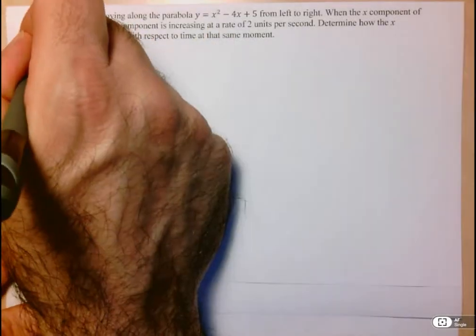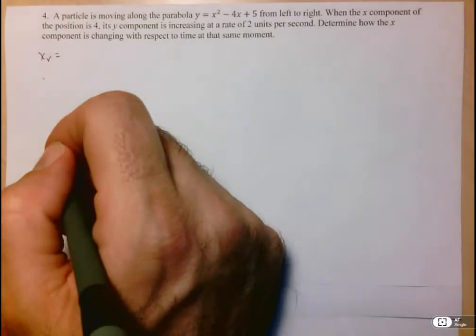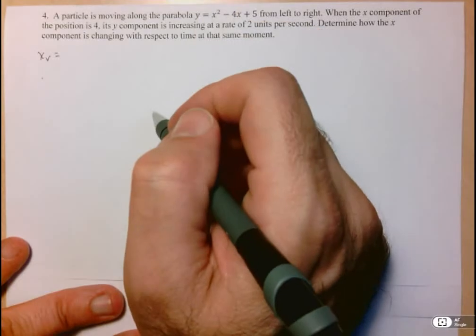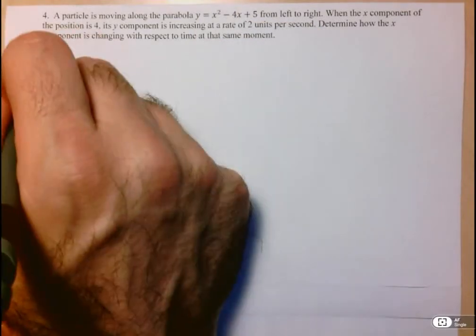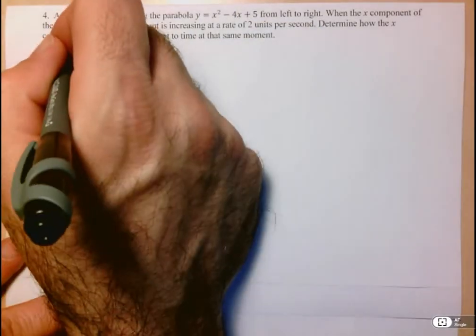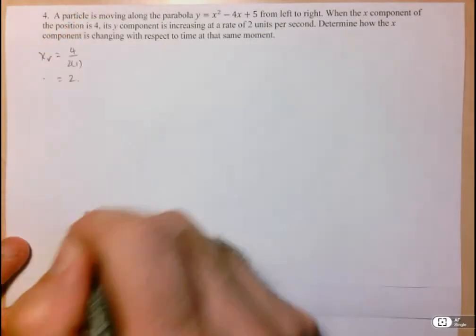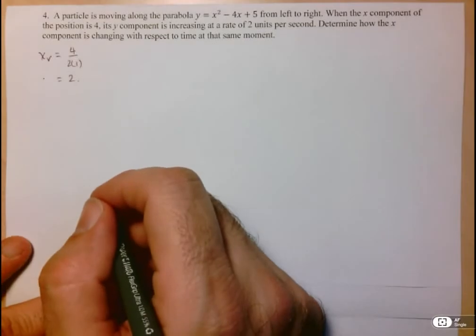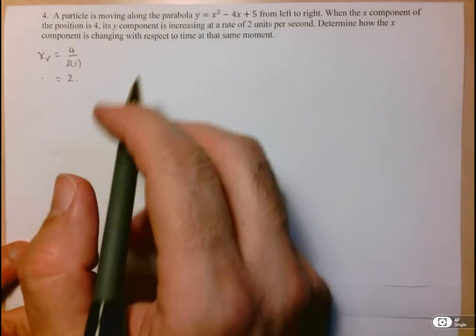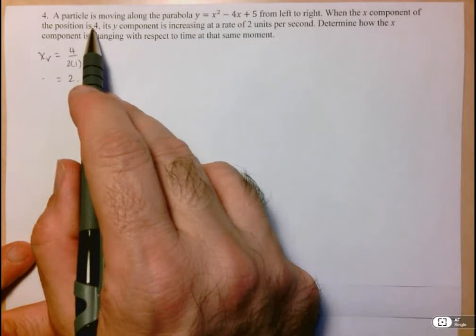We know the x value of the vertex, you can either take the derivative or use your old negative b over 2a. So negative b, negative 4 is 4, over 2 times 1 is equal to 2. So I know the x value of the vertex occurs at 2,